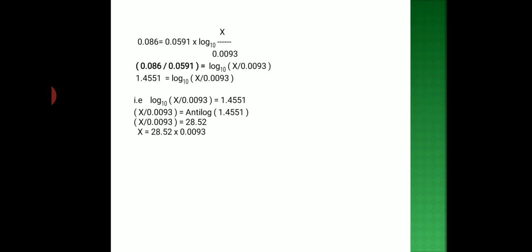What I did here is I shifted 0.0093 to the left-hand side, so it becomes multiplication. So next it will give you our value for x, which is nothing but the C2 value, 0.2652 mole. As you can see here students, C1 value is 0.0093 and C2 we got 0.2652. So here C1 concentration will always be less as compared to C2 concentration. This was it students, problem number 5.